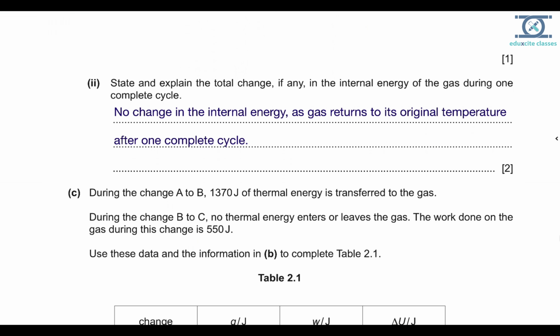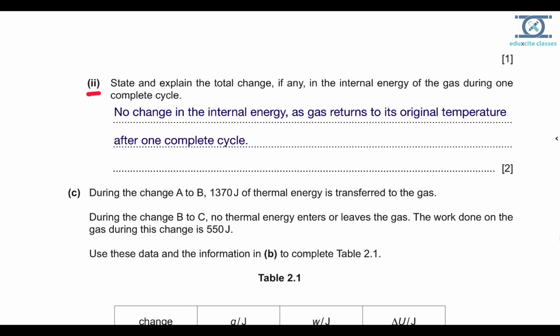Now in the next part, state and explain the total change, if any, in the internal energy of the gas during one complete cycle. You can see here in the graph, it started from point A, then goes to B, then C, and then again C to A. So the initial and the final conditions are the same. So there will be no net change in the internal energy, as the gas returned to its original temperature after one complete cycle. So this is of 2 marks. One is for no change and one is for reasoning, explaining that the gas returned to its original temperature